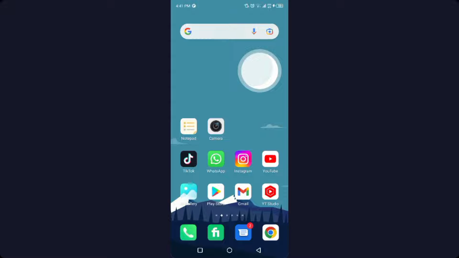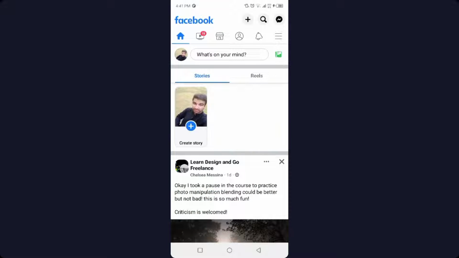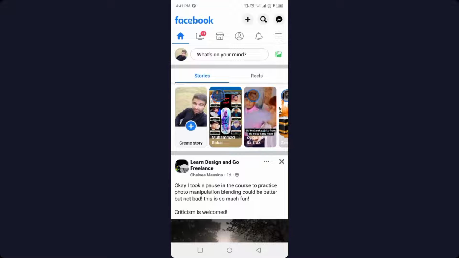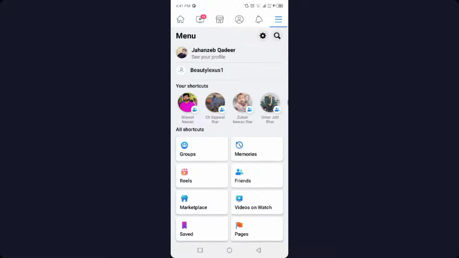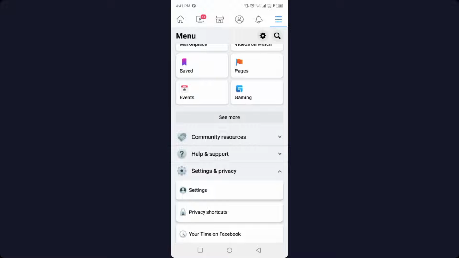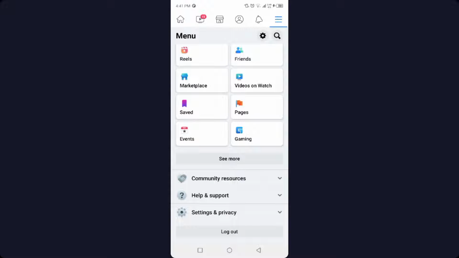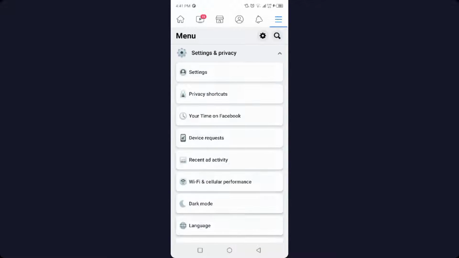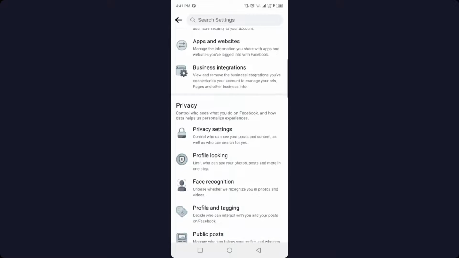So the first step you need to do is to open Facebook. Once you open Facebook, you simply need to click on the three bars in the top right, and then you need to scroll and click on Settings and Privacy first, and then you need to click on Settings, and here you need to scroll down to the bottom